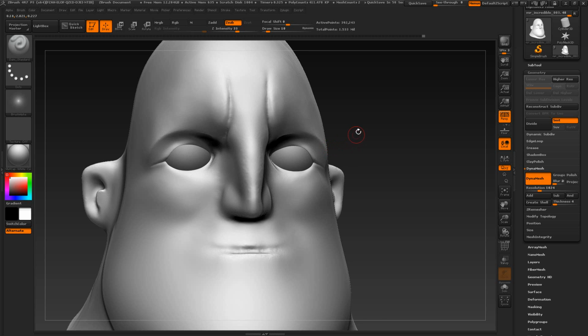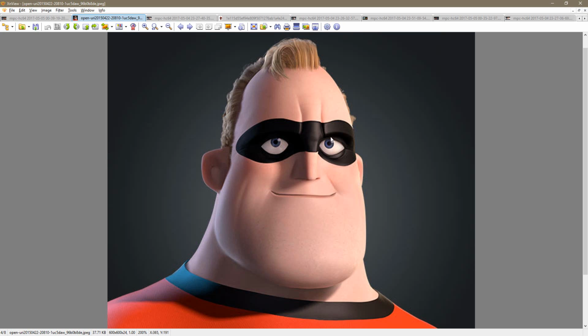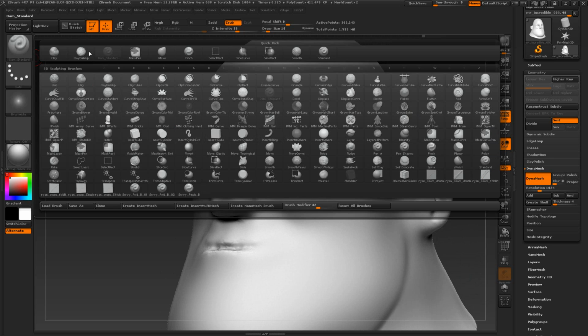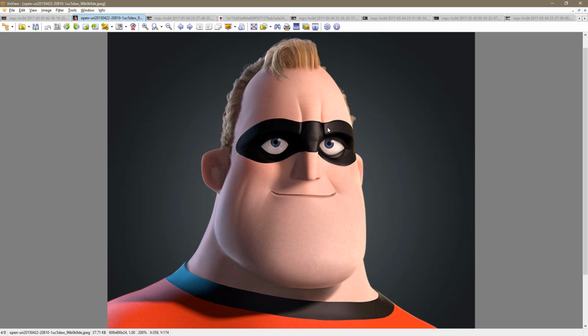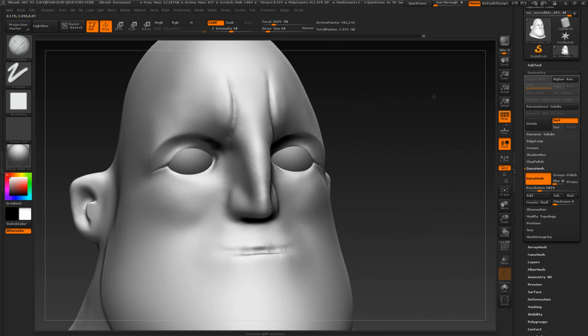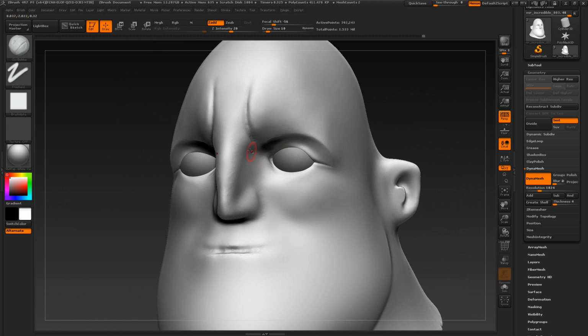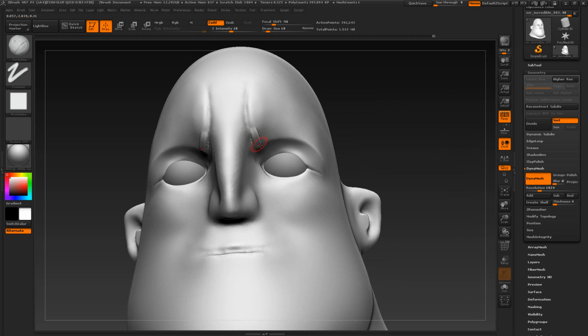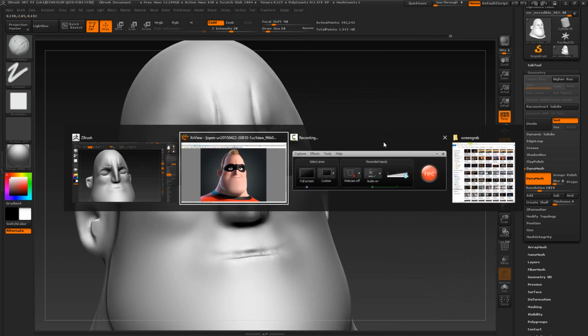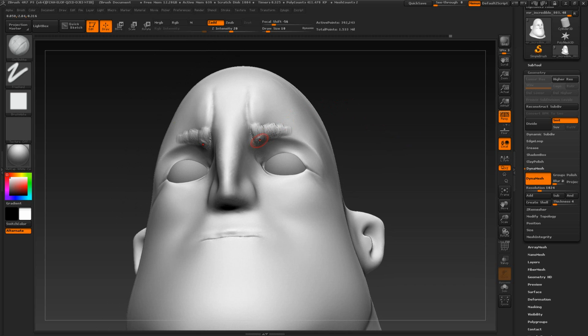there's also something that I just noticed here on the nose. There's a lot of missing volume here. As you can see, this sharp place here is completely missing from my model. So let's see if we can get back some of that. I think it goes kind of here where the eyebrows are supposed to be. Again, let's try to keep sharp detail, something like that. And then if I smooth it out here,